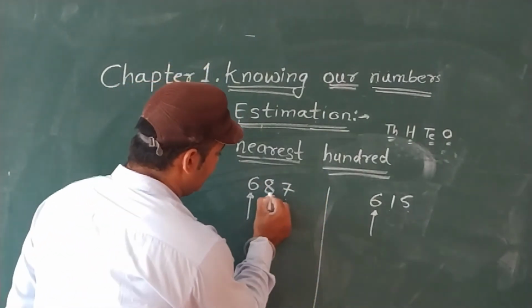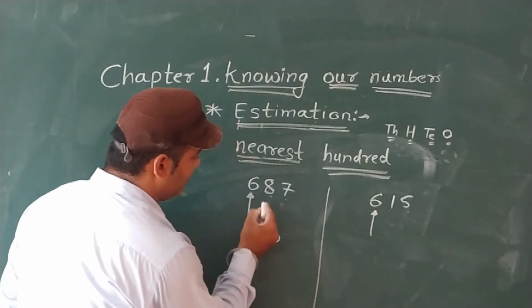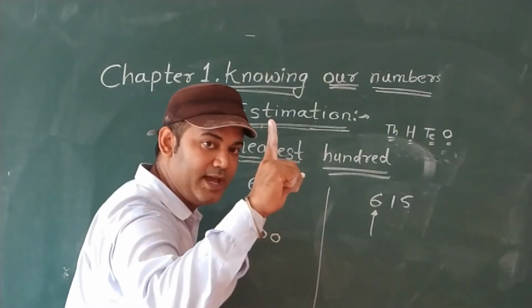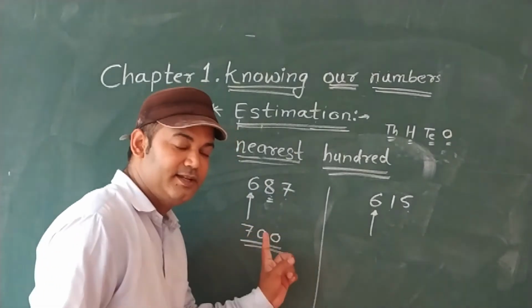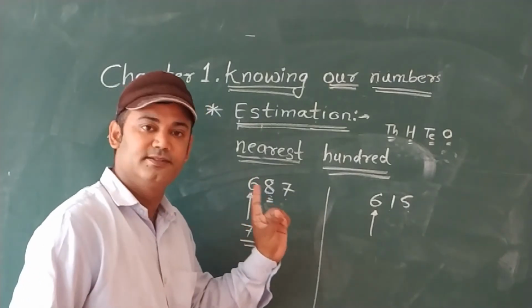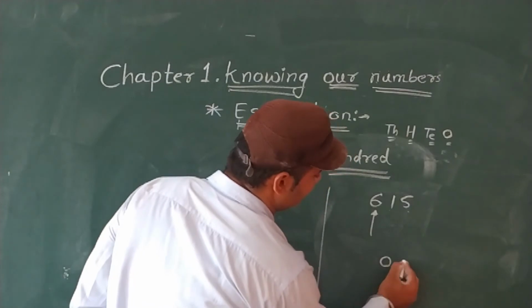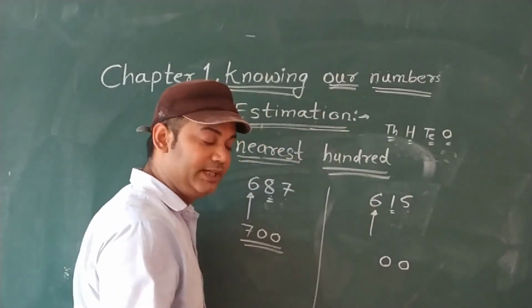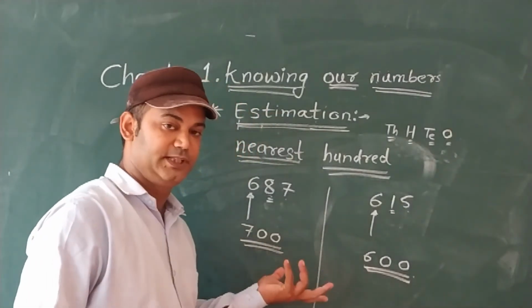Okay. 8. So all right side digits should be 0, 0 and 8 is there. So increase the value by 1. So 6 becomes 7. So you can say that 700 is nearest 100 to 687. 615, make it a 0, 0. 1 is there, so no need to increase. Keep the 100 place as it is. So it will become 600.